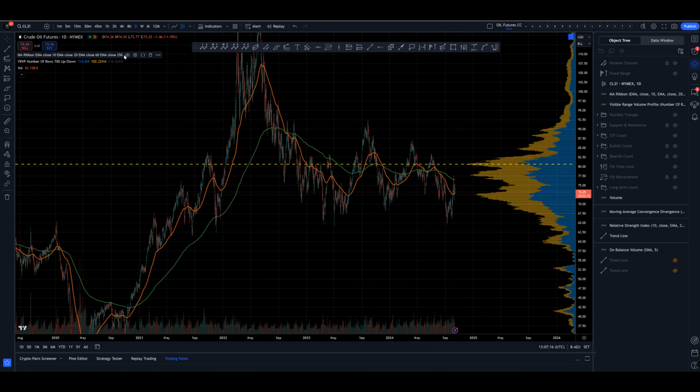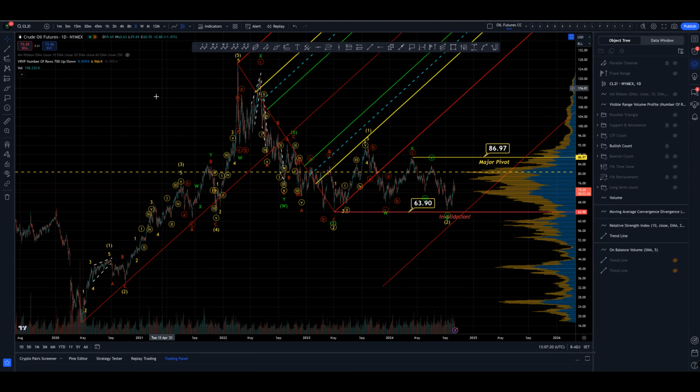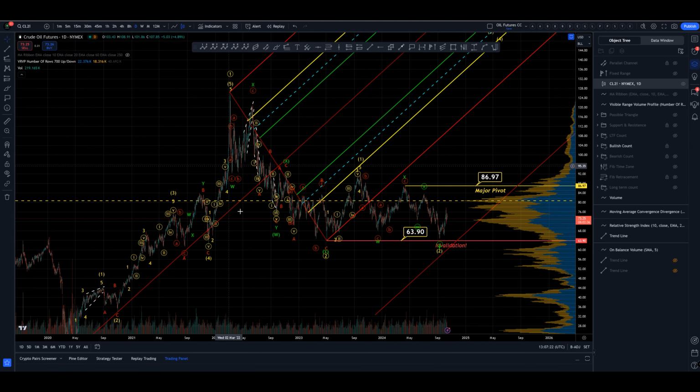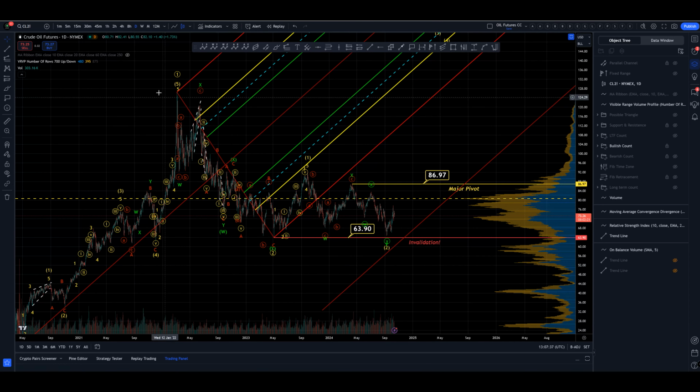Either way, let's now consider the Elliott wave count. So we'll start with the bullish count first. We came up into a wave 1, WXY down into a wave 2. We now have another wave 1 and another wave 2. Very, very deep correction. But it does appear to be 5 waves up. We're closer to the invalidation point than we are the prior highs. So if we were to break down below 63.90, this count is incorrect.